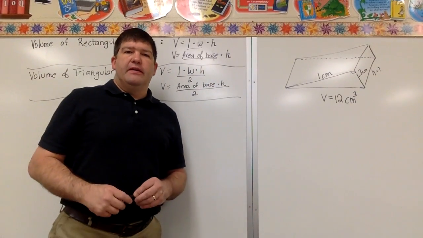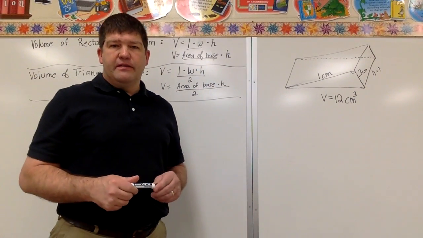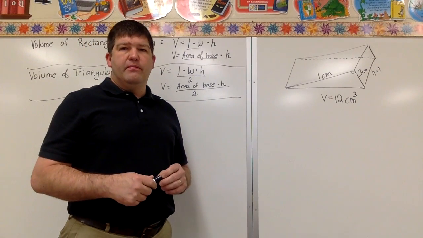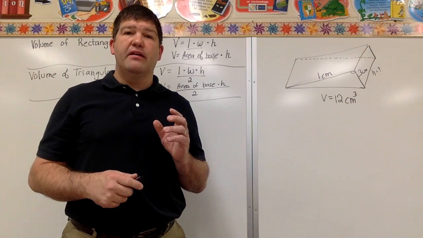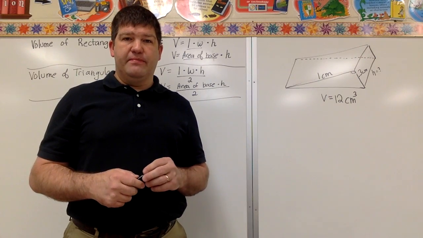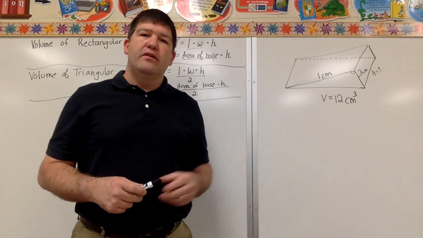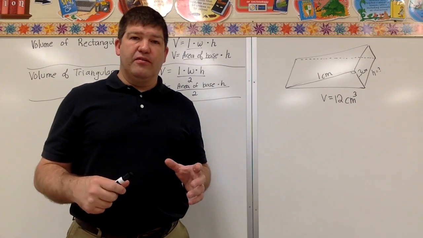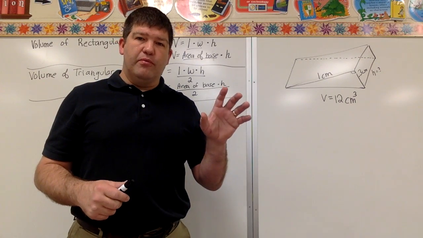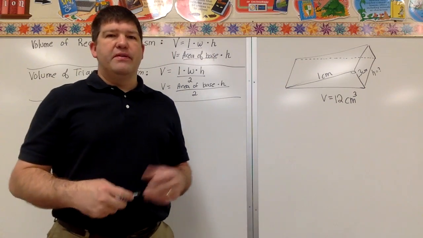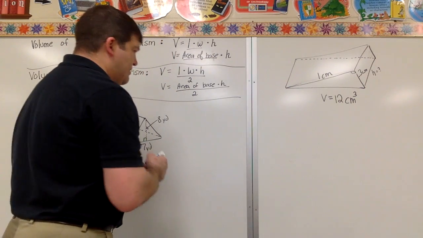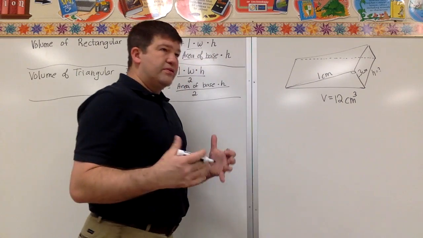I'm going to be talking about the second lesson in Chapter 10, which has to do with the volume of a triangular prism. Lesson 1 was the volume of a rectangular prism. So we're going from a rectangle to a triangle. And we know that when we do that, like when we do surface area